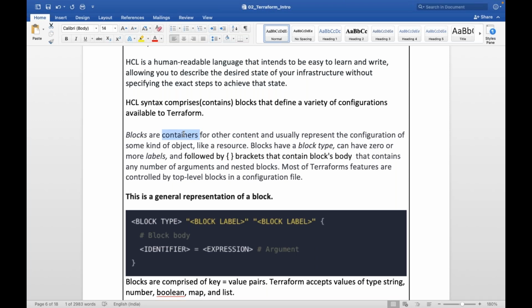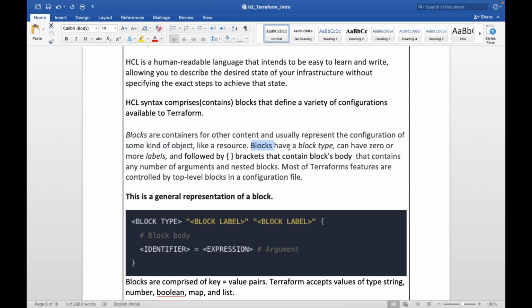This is not a Docker container. Using blocks, I can define some content, some information. Blocks are containers for other content and usually represent the configuration of some kind of object, like a resource.